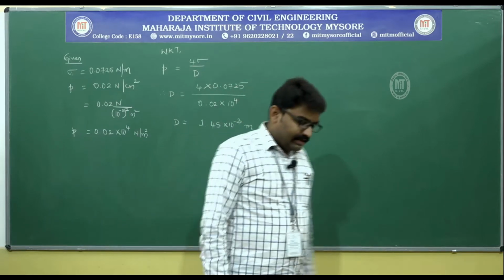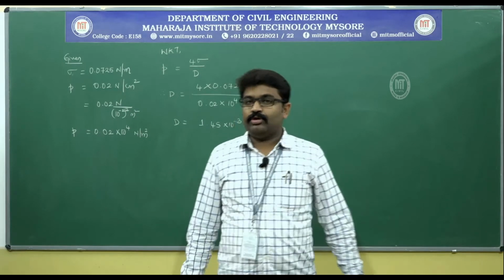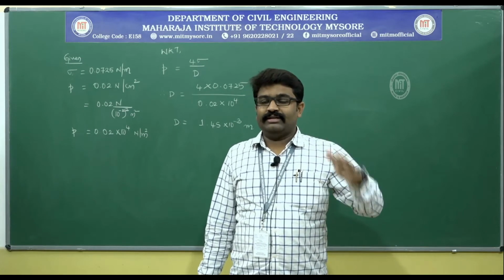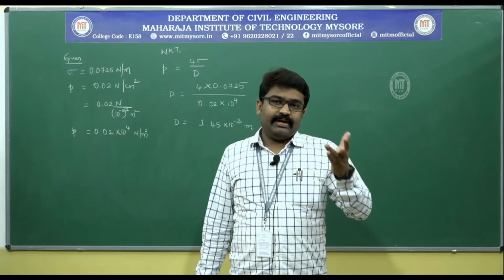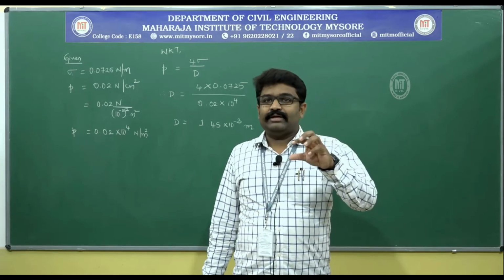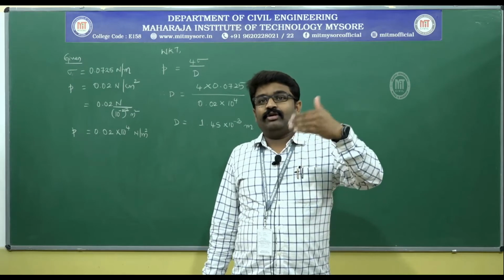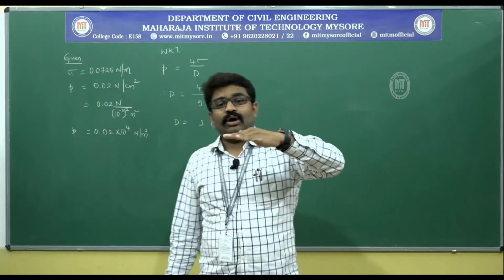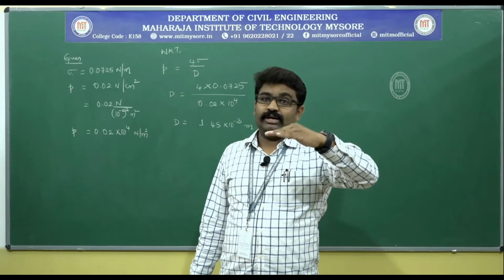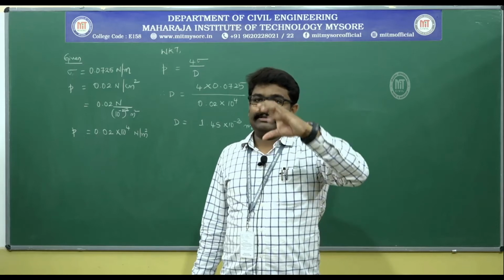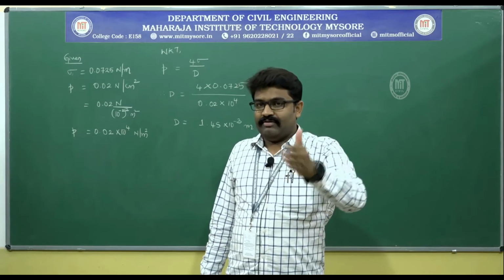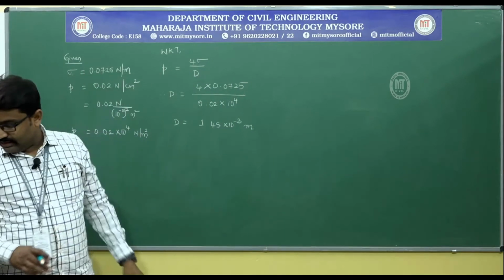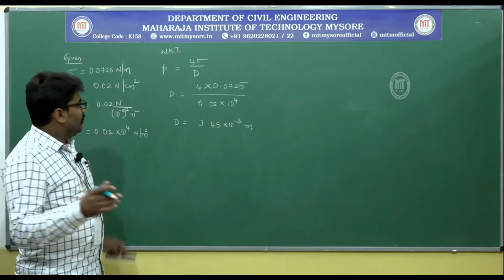A small concept that I discussed with you in the previous problem will come to your rescue now. The pressure outside is given and you will have to calculate the pressure inside. Irrespective of the pressure we have outside, the pressure inside is different, and when you have to calculate the total pressure, you will have to add the pressure outside, because you have measured the pressure keeping the outside pressure as reference. The total pressure must be the sum of them. However, let us not complicate things. What is given to you in the problem is the pressure outside the droplet, which is the additional data that you have. I will write it down.